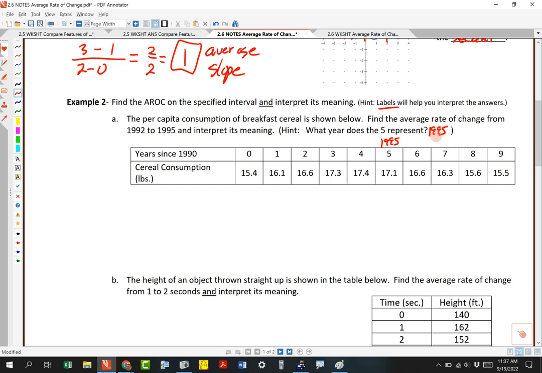So now let's figure out the average rate of change from 1992 to 1995. So we're going to use 1995 data, and we're going to compare it to 1992 data. So here's the average rate of change calculation. This is like x1, and this is like x2. So on the bottom, we're going to do 5 minus 2. On the top, we're going to do the function value for x2, which is,